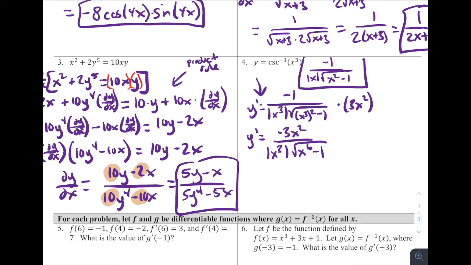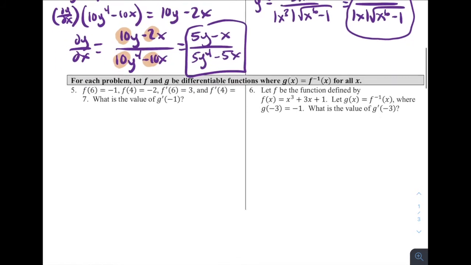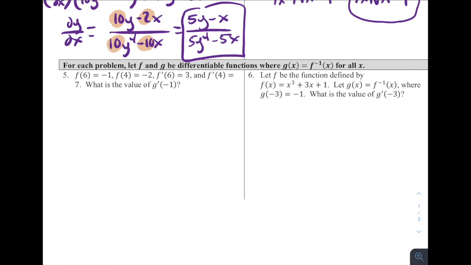And so this is going to give me -3 over the absolute value of x times the square root of x to the sixth minus 1. And that is going to be our final answer for problem number 4. Perfect. Number 5, for each problem,